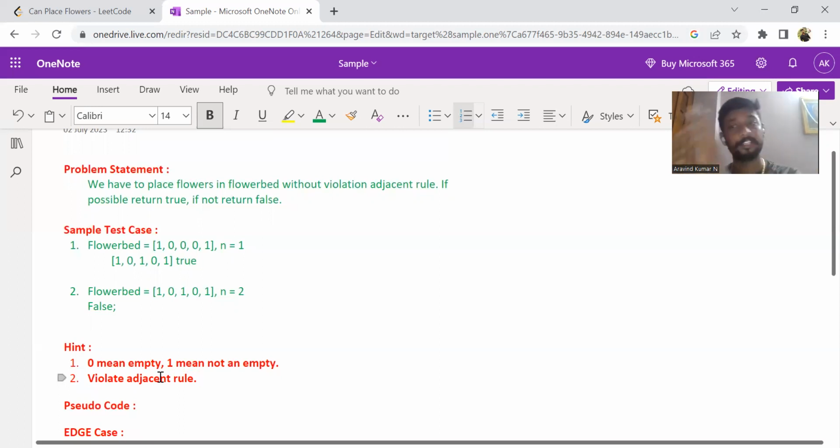The previous and next index should not contain any value 1. So what is value 1? Value 1 means the flower has already been placed. Again, I am reiterating this because this problem is really very important. If you understand this particular line, definitely you will be able to solve this problem